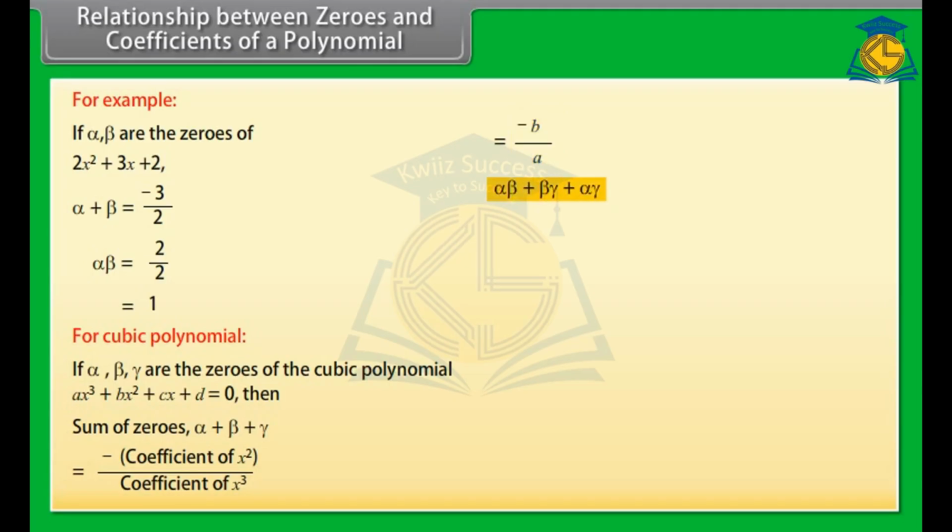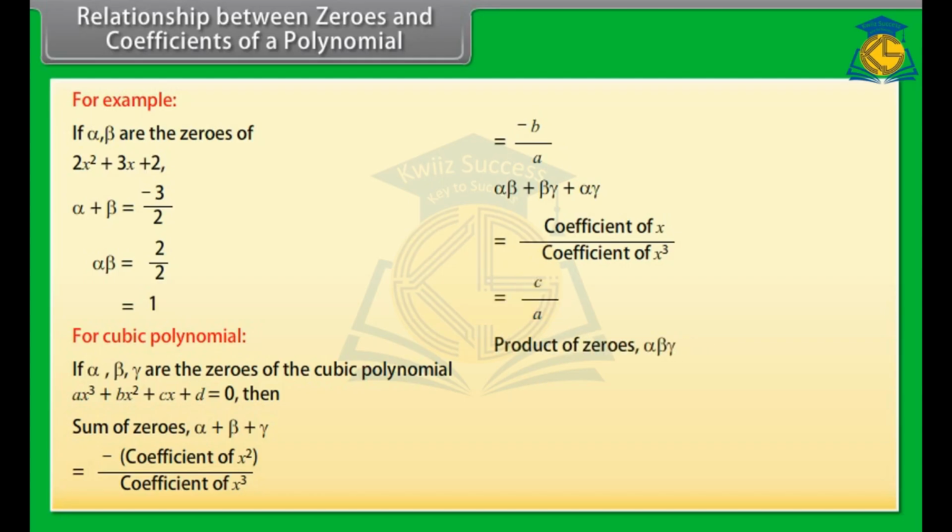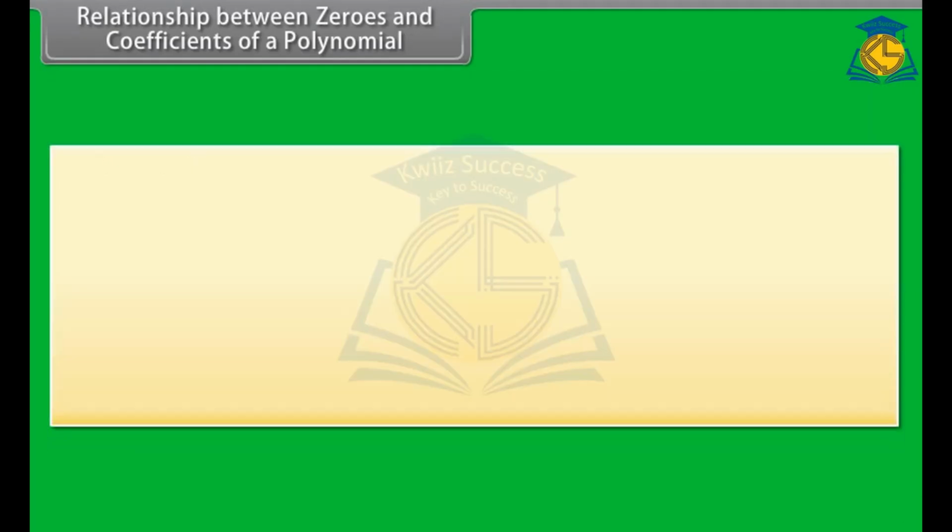Alpha beta plus beta gamma plus alpha gamma is equal to coefficient of x upon coefficient of x cube, which equals c upon a. Product of zeros, alpha beta gamma, is equal to minus constant term upon coefficient of x cube, which equals minus d upon a. For example, if alpha, beta, gamma are the zeros of 4x cube plus 2x square plus 3x